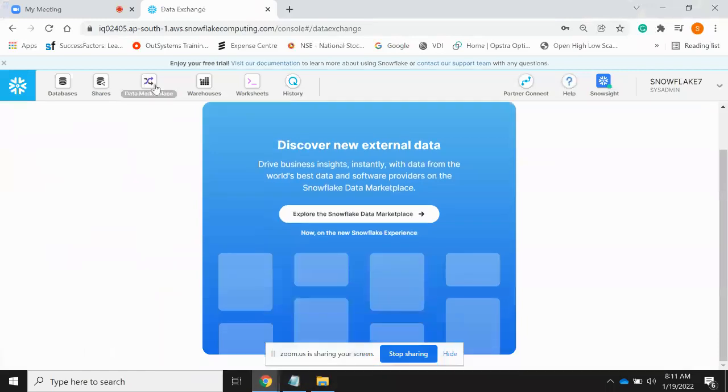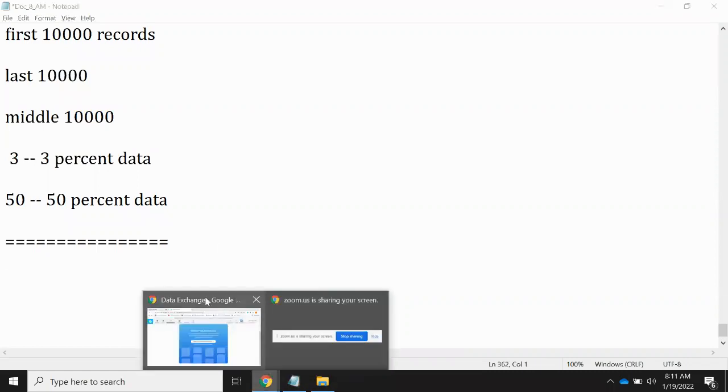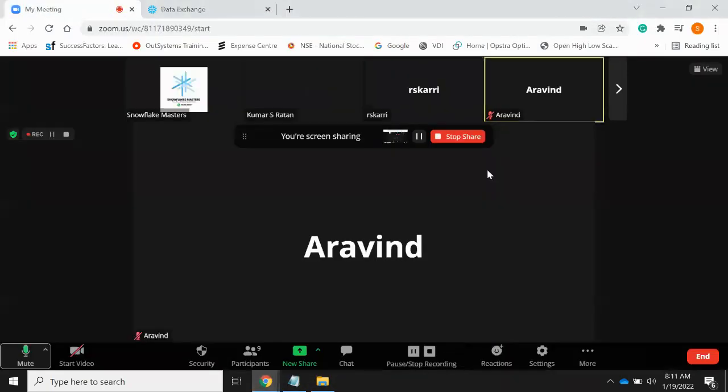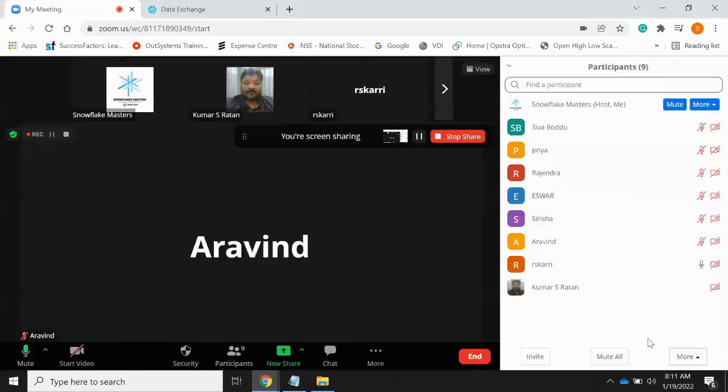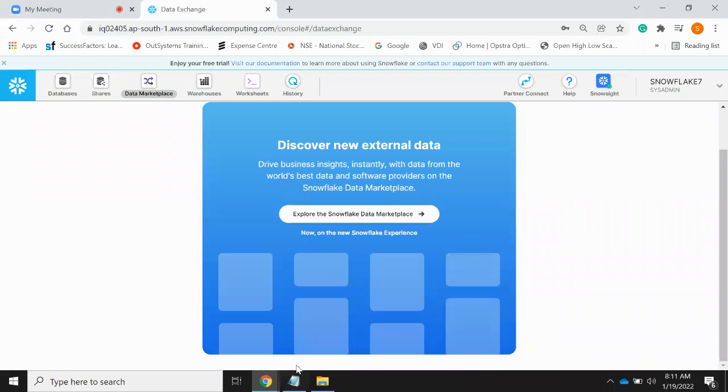When you want to work with this data marketplace, first let's understand what it is. Generally, what will happen is you are exchanging data between organization and organization. For example,